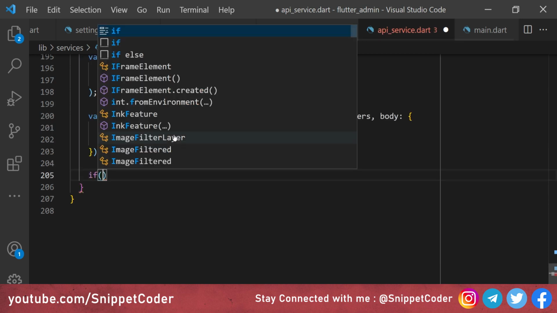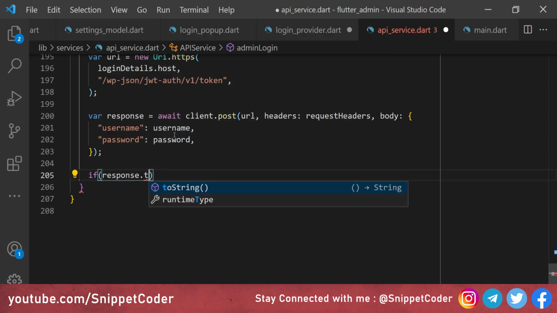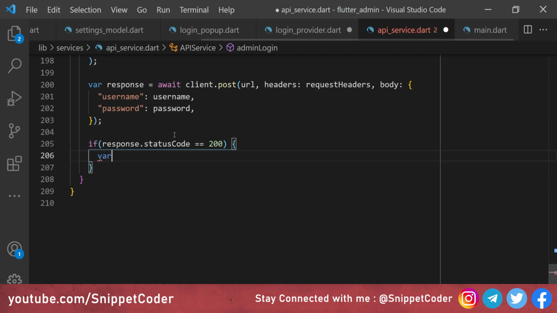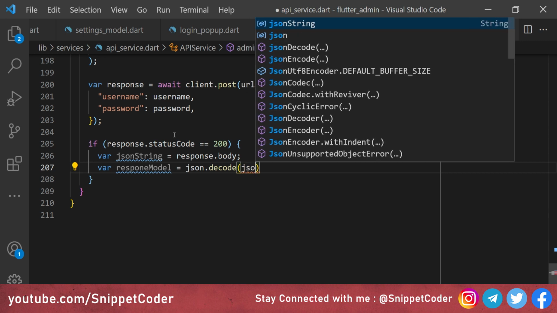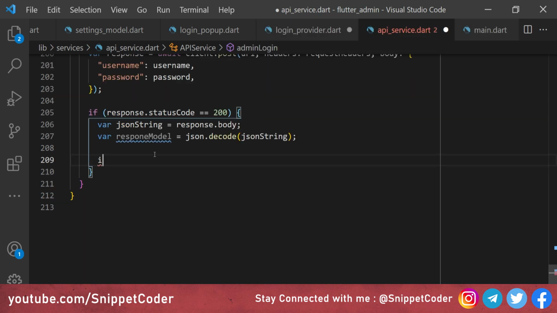Then here we will check if response.status code is equal to 200, that means successfully logged in. Then here we will have JSON string is equal to response.body, and here we will have response model is equal to JSON.decode, and here we will pass JSON string. And here we will check if response model status code is equal to 200.